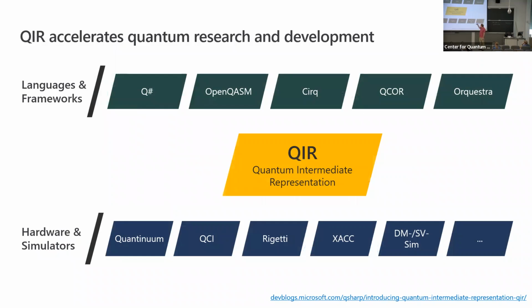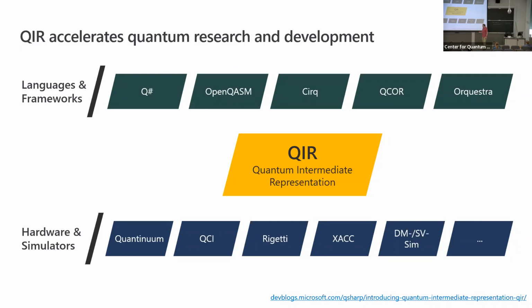ANG provided interfaces as well, from the PNNL team, and it's growing. The idea is that you don't have to build n times m different connections, right? If you have n languages and m backends, you just have to build n plus m: n front ends and m backends. So that is definitely happening, and this is part of QAW, and it's a real thing. We have internal demonstrations of that, and now we're rolling it out into private preview.